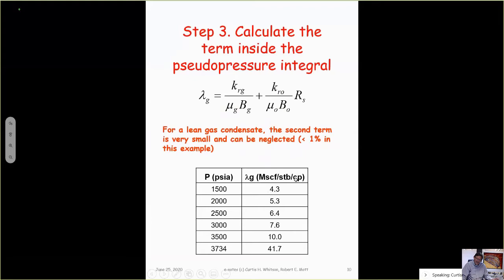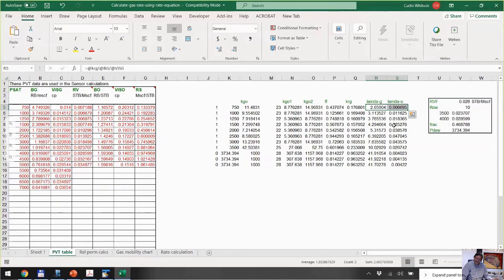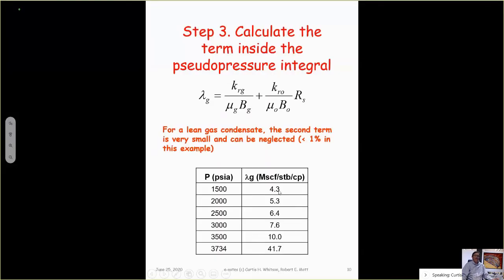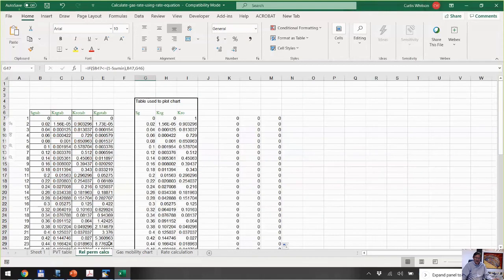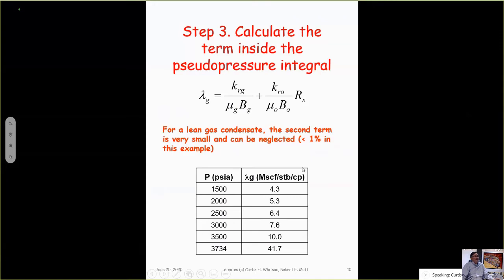Okay, here, because in the presentation he stated that lambda O will be neglected. Yeah. So it's only lambda G. So at 1,500 pounds, he went to 4.2, 4.3. So these are all the same numbers coming out of these calculations here. So I think it just takes a little bit of detective work to figure out how all of the numbers are coming up, and then you'd have to change those for a new time and a new little RP. But